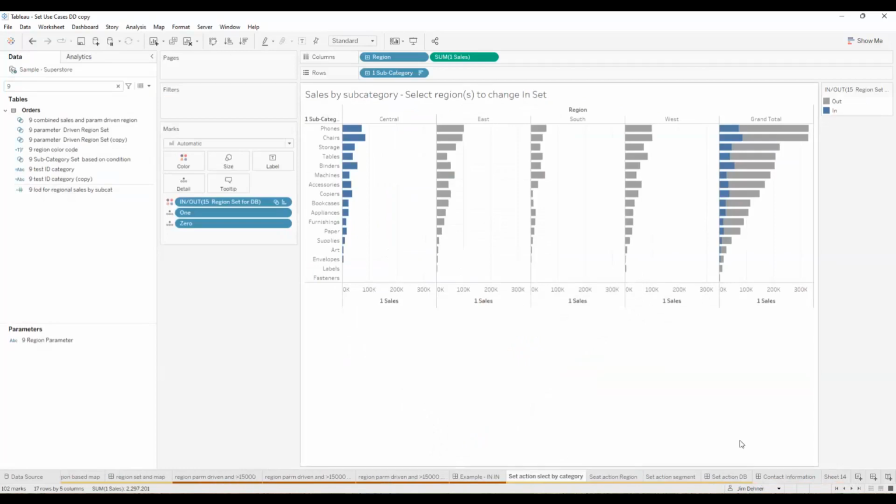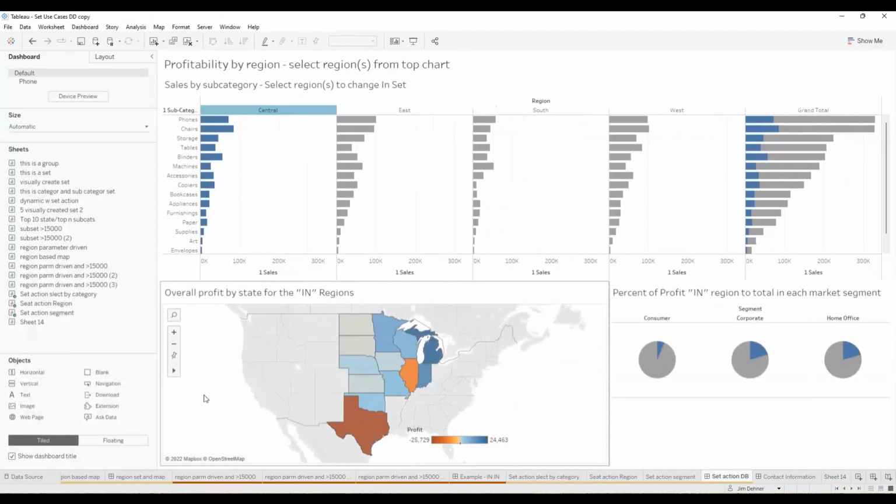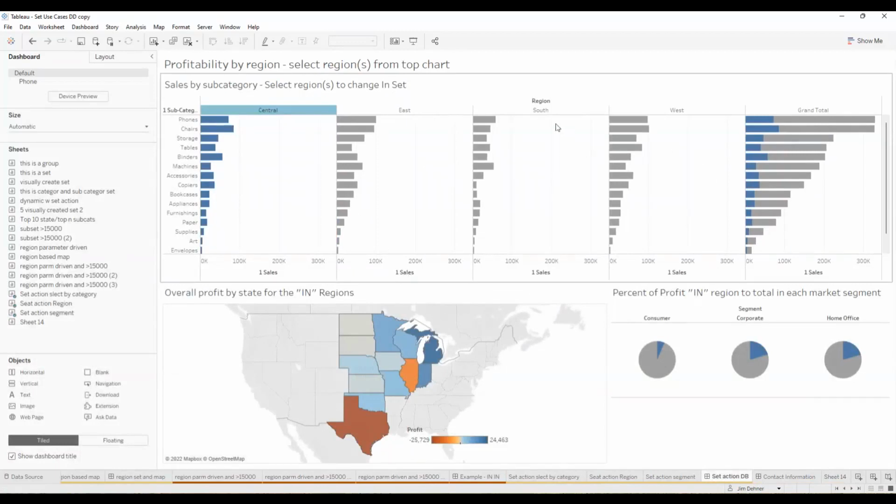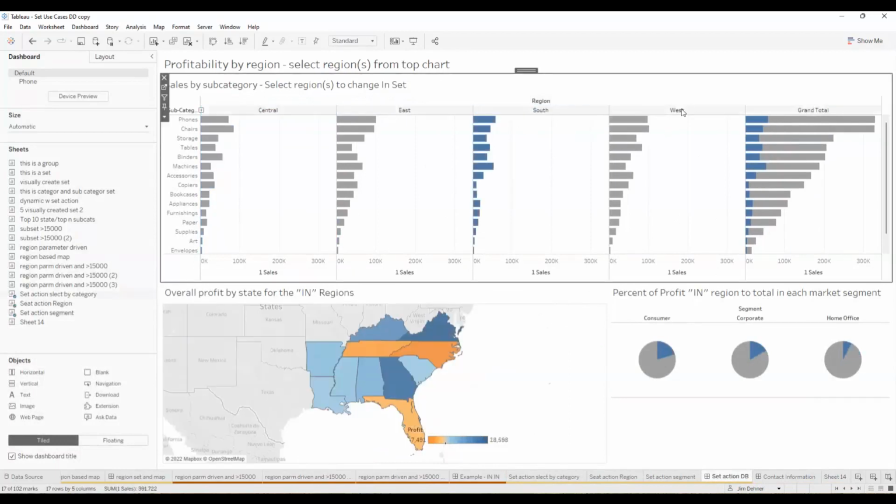And the option that I want to look at here, and I'm going to show you where we're going with this, is using a set action to change the value that's in the set. What I'd like to do is visually be able to change the set from the visual that we see in this dashboard. So I'd like to be able to change the set from central to south to west,